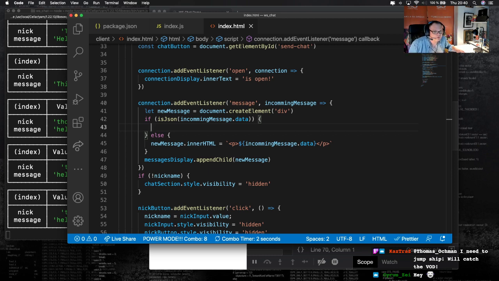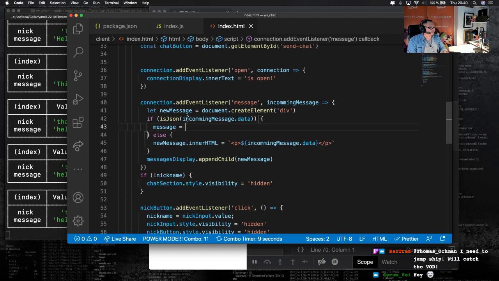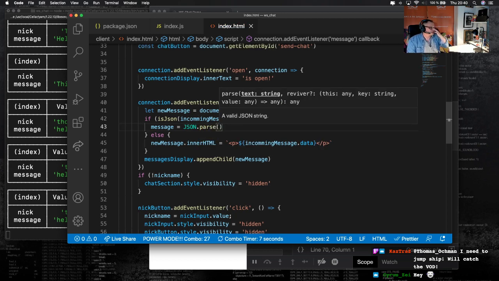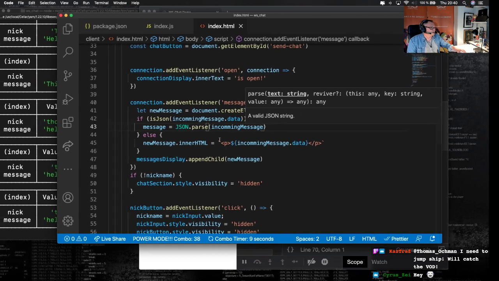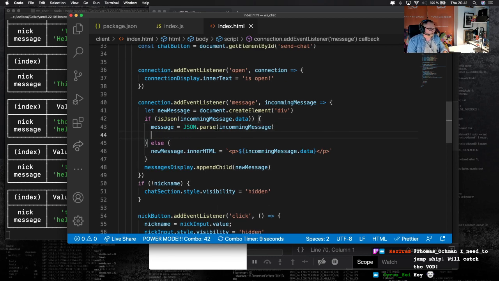So here we just want to do message equals JSON parse. I could have done this try catch here. I didn't have to create a separate function for this, but never mind, we can work it out later. And then message